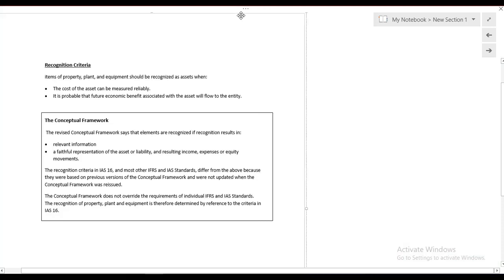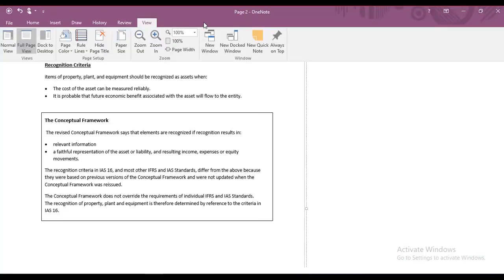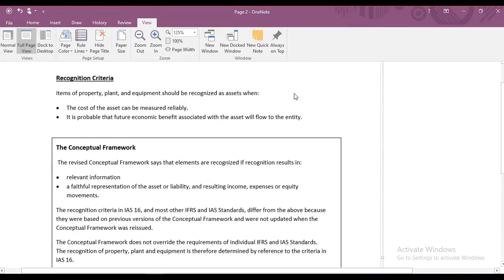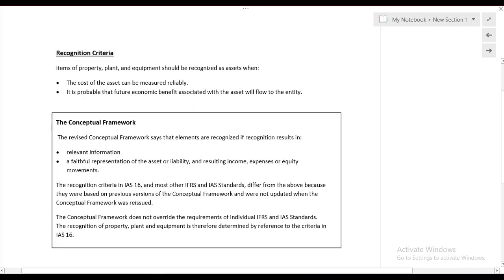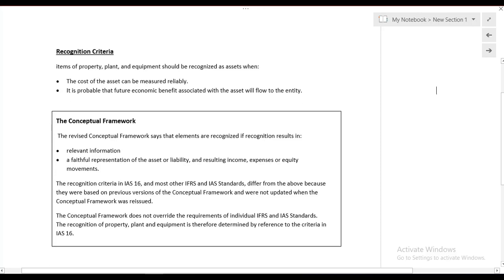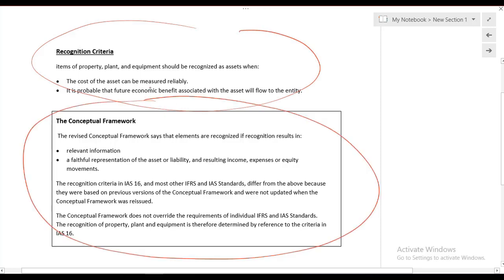In the next video, we are going to start from this recognition criteria. But look at what I have done. After the recognition criteria, I have given the conceptual framework in my notes as well, so that we really need to know